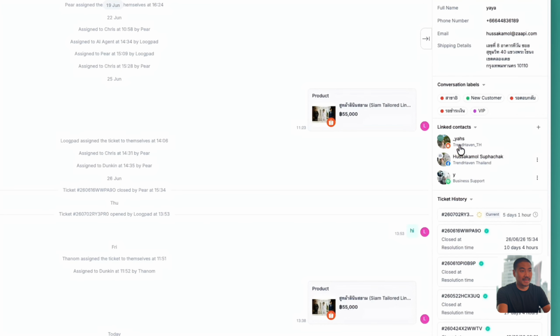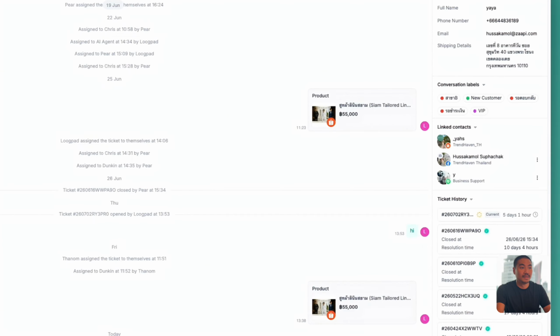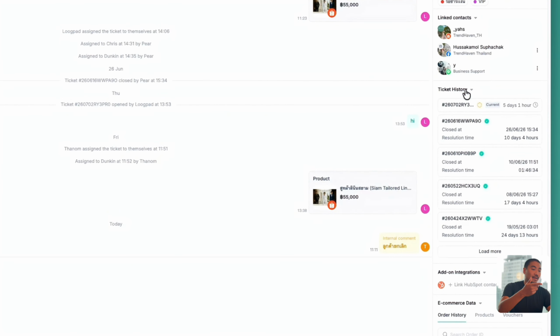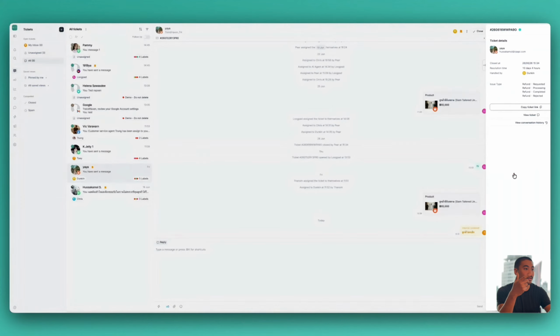So this customer, for example, if he or she has spoken to your brand on Shopee and Facebook and Line, right? You can actually link these contacts together to tell the system that these are the same person, right? So you get all the context and all the channels in one, right? There's ticket history here. So if you're working on a ticket system, right, you'll be able to see what tickets have been open, what tickets have been closed, right? So you can see right here as well what happened, right? So this is basically the ticket fields,